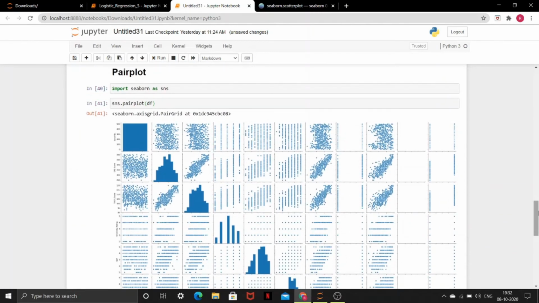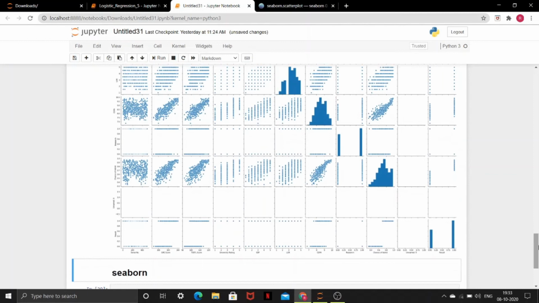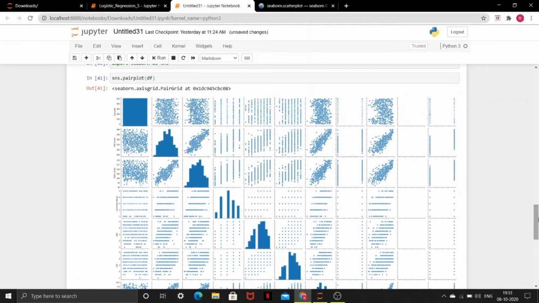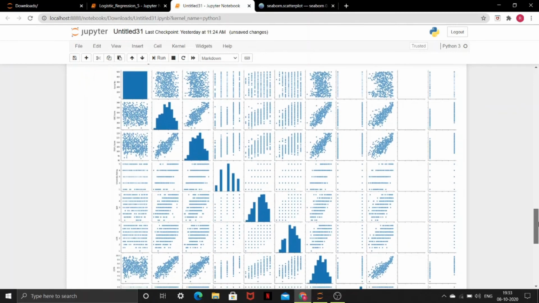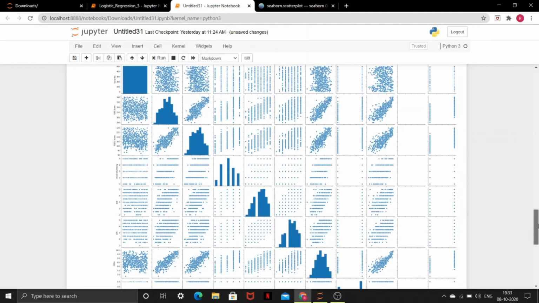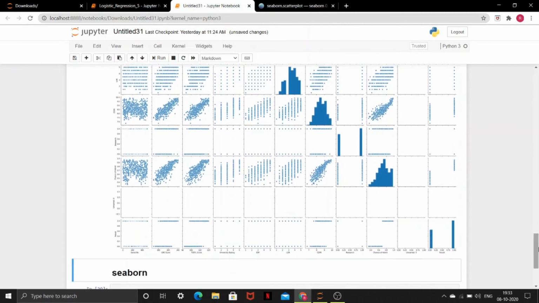As you can see, it is a pairwise relationship between the x and the y variable. You can see every column is present on the y-axis as well as the x-axis, and a pairwise relationship between every combination is shown in this pair plot. So you can easily see the relationships between the different variables, that is the columns of the data frame. So this is basically why we use a pair plot, to see the relationship between various columns at a glance.